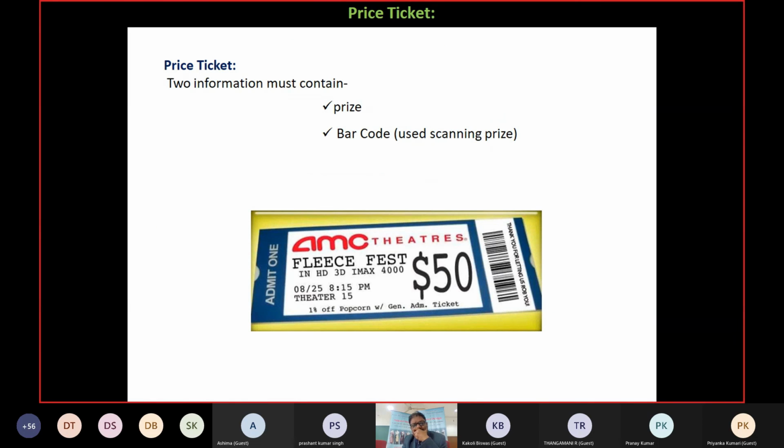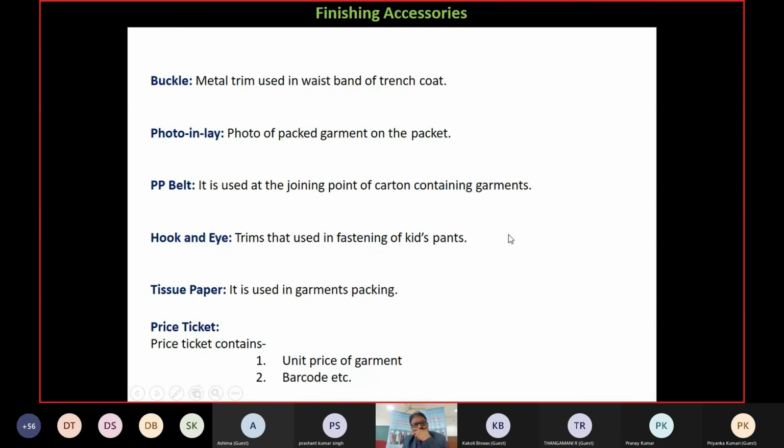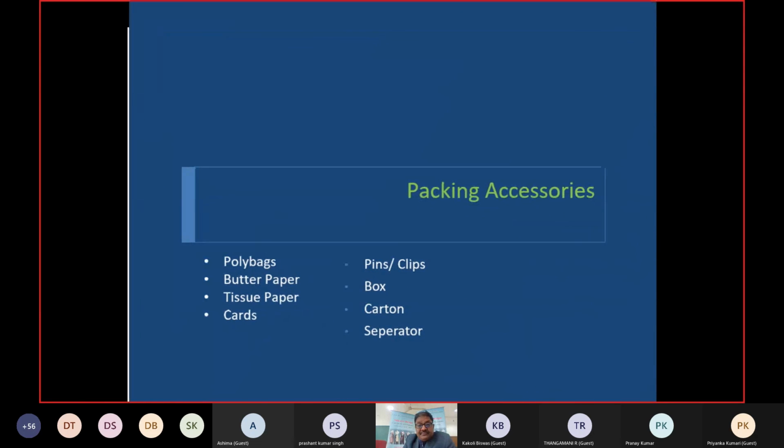This is the price tag. Polybag is used for the packaging of garments. Maybe blister form, meaning two individual garment packagings and blister. Blister means in one packet you put 50 or 100 garments. Finishing accessories: buckles, photo inlay, this is the PP belt, hook and eye, tissue paper.